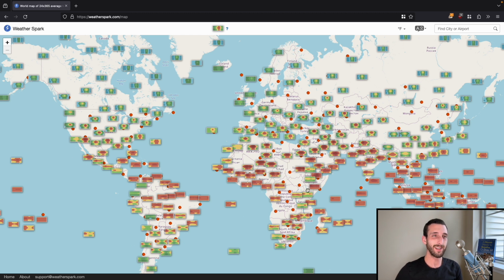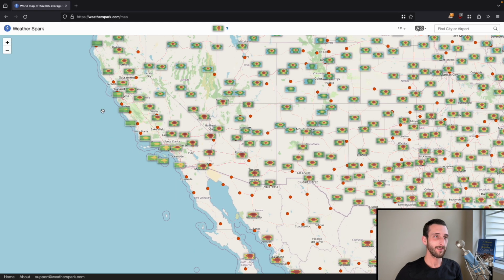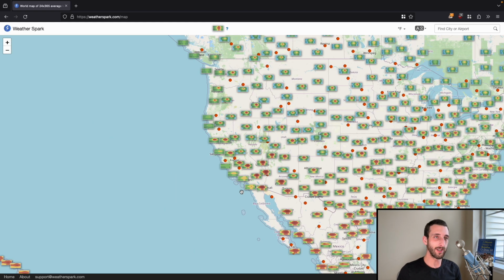And the entire world is shown to us in this way. So a great place to demonstrate the utility of this map is on the west coast of the US. So we can look at California here, and you can see there's a lot of yellow and green right along the coast. And as you get more inland, you see a lot more deep reds, meaning it's much more comfortable temperature-wise along the coast. And as you get more inland, you get a lot hotter temperatures. And this phenomenon, I think, is because of the cooler ocean temperatures on the shore.